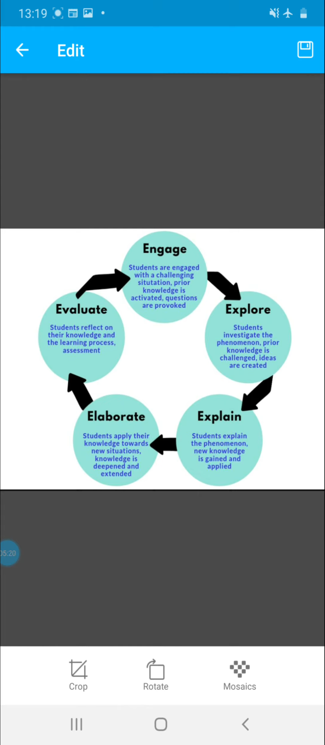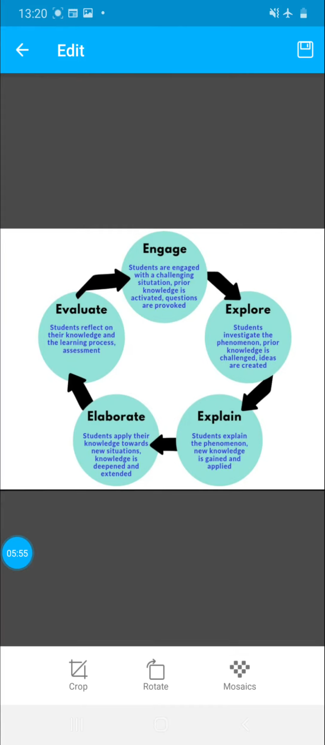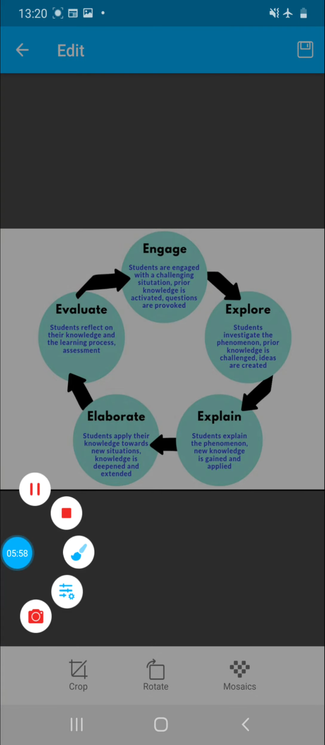The students apply their knowledge towards new situations. Knowledge is deepened as well as extended by them with the help of the activities which are performed by them with the help of the teacher. The next one is the evaluation stage. At the evaluation stage, the students start to evaluate their own learning process with the help of group discussions within the groups. Thus, the 5E model is one of the most important models in which the students build their own conceptual learning, in which he plays an active part rather than the